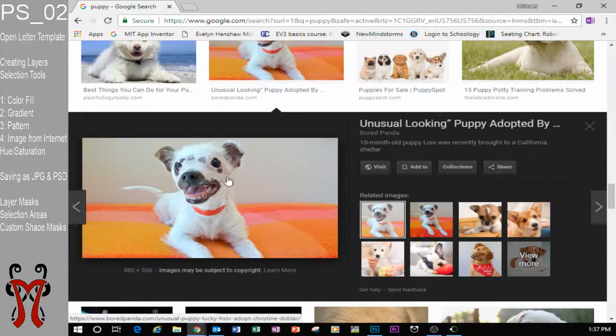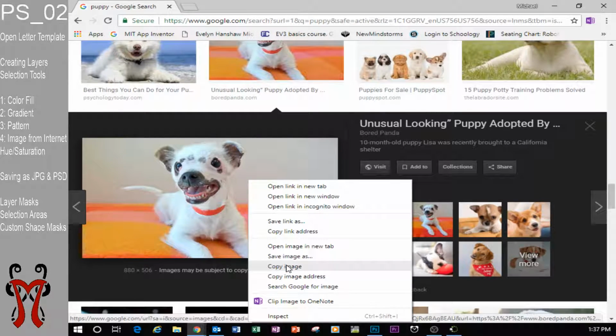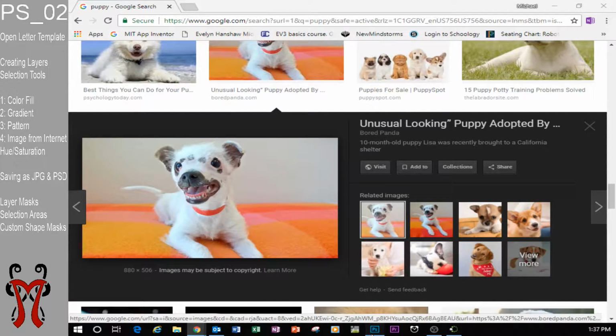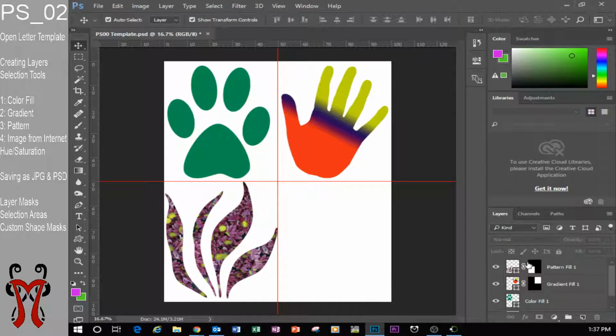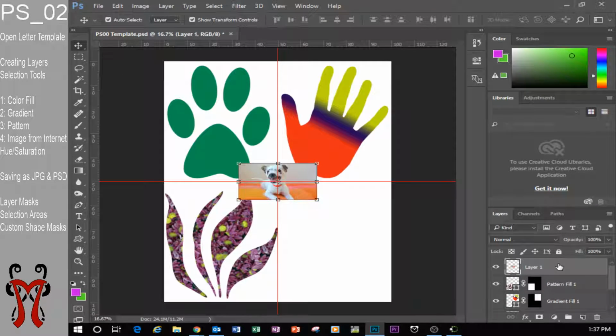All right, I'm going to right click on this picture. After I found the picture in the image search that I want, I can right click on it and go to copy image. I click on copy image, go into Photoshop, and I'm going to press Control V in order to paste that image in. Now you're going to say, hey, wait,